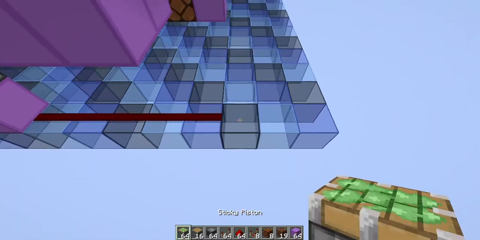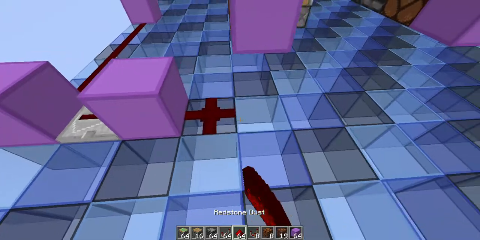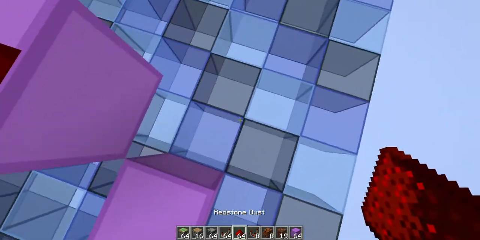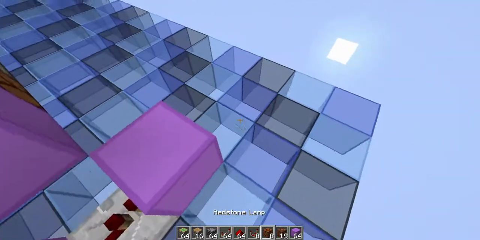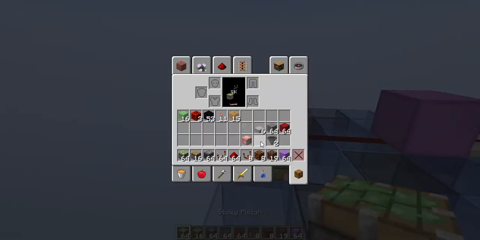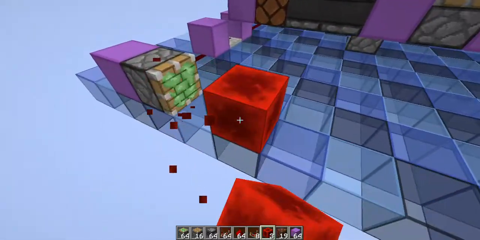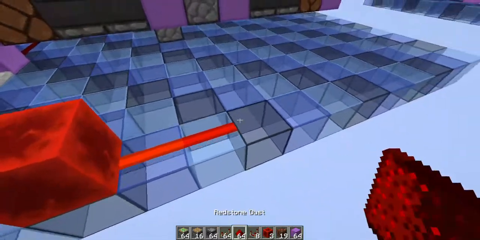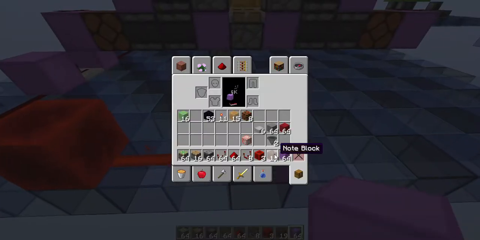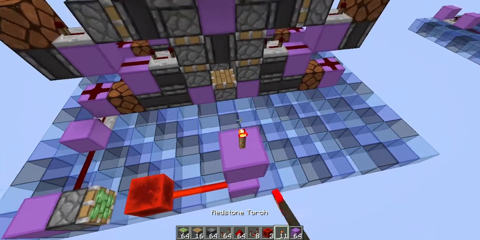Then place a block here, repeater, another block, place one, two, three, four pieces of dust, another block into another repeater, into another block, and two blocks just like this into a block. Place a sticky piston right there with your redstone block. Redstone block is one block away from that sticky piston. Then place two redstone dust right there into a block, and place a torch, and just make a torch tower with three torches,